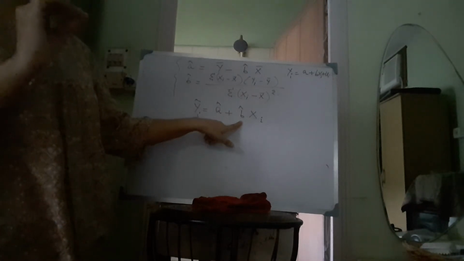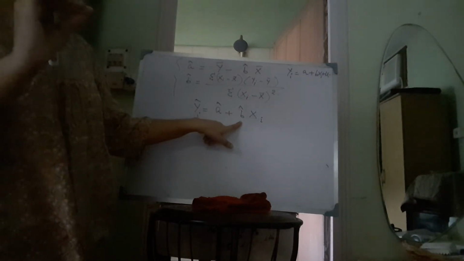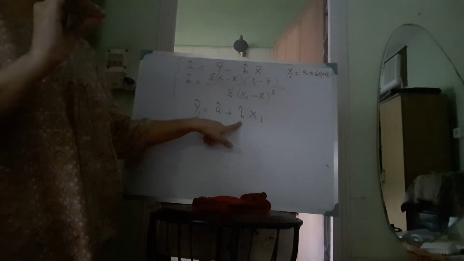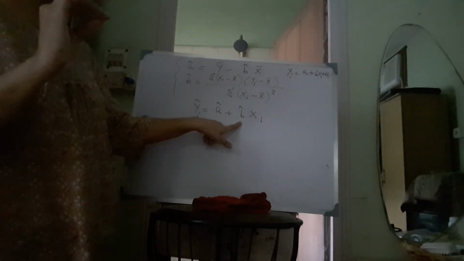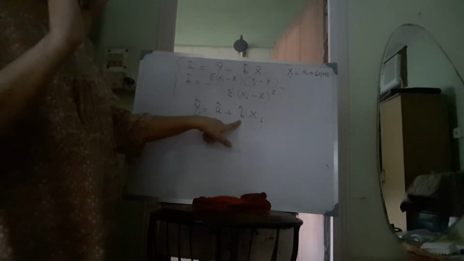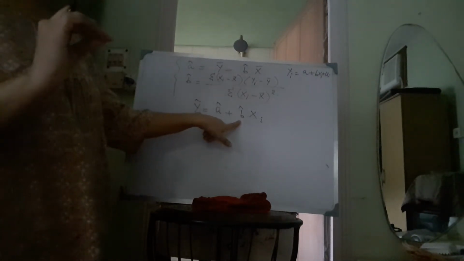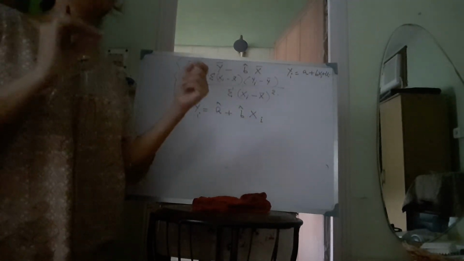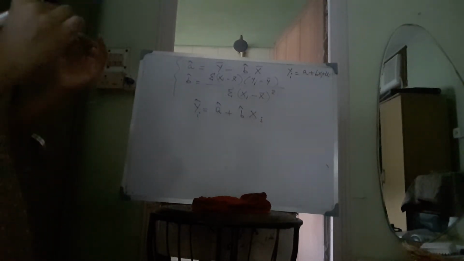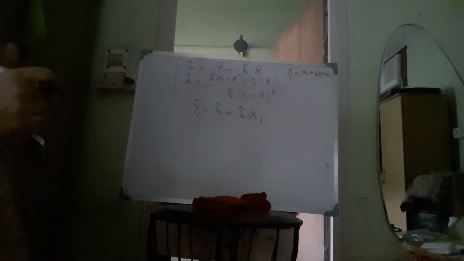And what is the interpretation of b hat in the Keynesian consumption function? It is the MPC, that is the marginal propensity to consume, and we know that as per the assumptions of the Keynesian theory of consumption, one of the conjectures is that b hat is the MPC and it lies between 0 and 1. So b hat is a positive constant and it should be less than 1 and greater than 0. So that is the interpretation of b hat. So b hat calculates the marginal change in yi, the marginal change in the dependent variable for a 1 unit change in the independent variable.